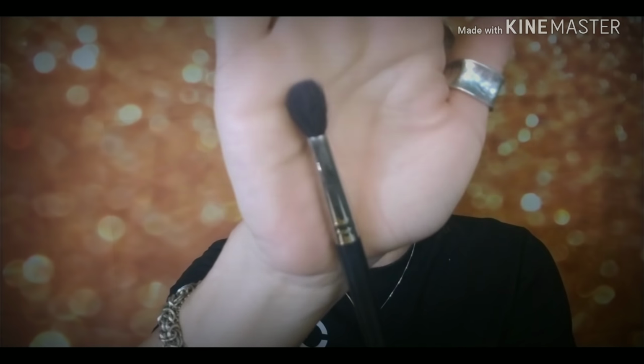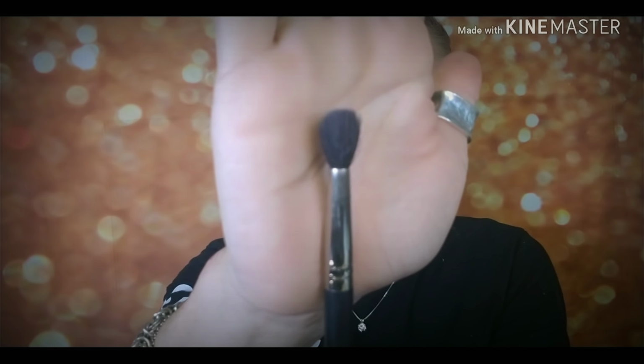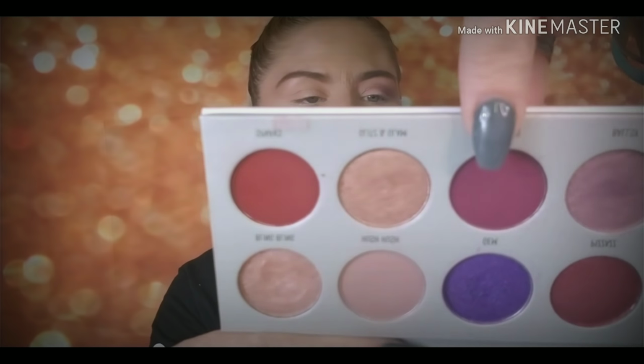and I am just using the Japanese 835 brush. You'll see me use this quite a bit in this video, as I almost use this as the main brush for all shades. Now, because I had to keep this more subtle and more everyday, we're just going to dive into Rockstar, which is this shade here. It's more of a purplish red, and then you have more of a burnt red, and then more of a really deep dark brownish